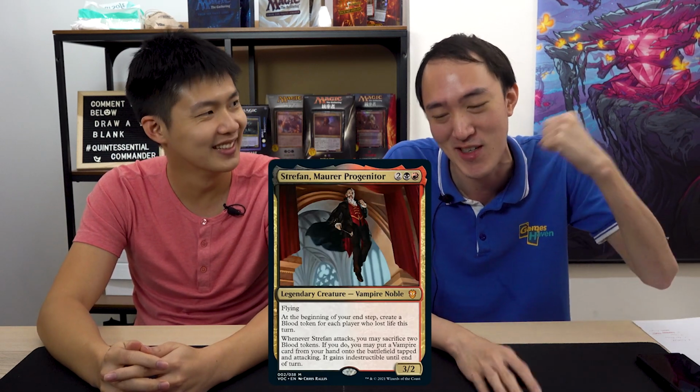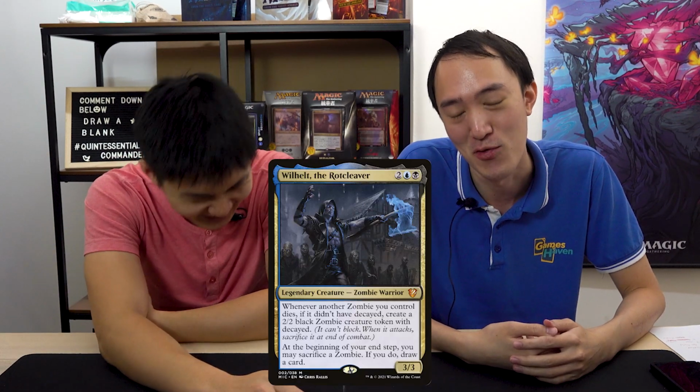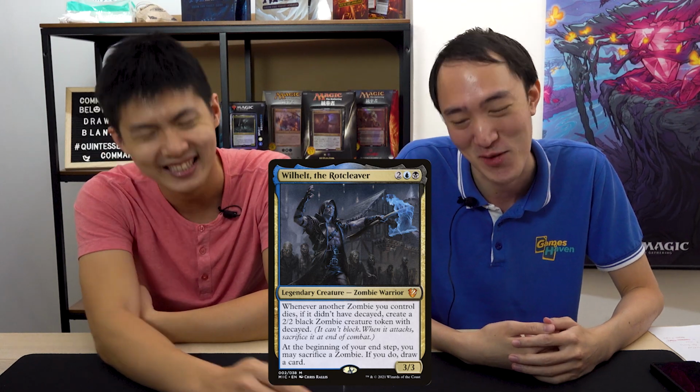Like, notice me! And yeah, we definitely notice. So while we're on Innistrad, my next pick is Will Help the Rod Cleaver. Yes, you weren't expecting this from me either, did you? Not at all. The thing is, I play with Mac quite often, and I'm always really impressed by